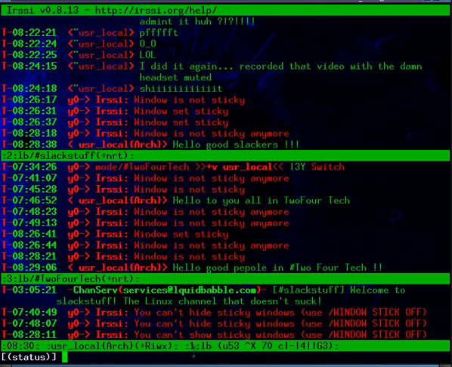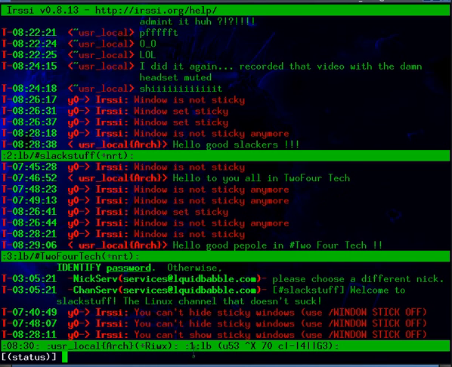Normally I keep the status window down here just a little smaller. What I'm going to do is I'm going to grow this one just a little bit also, because now that we have a split window, let's say we want to join